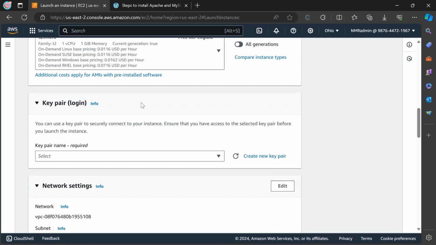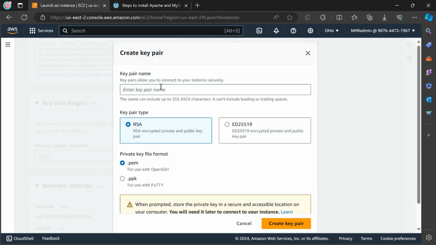Next, we'll come down to the key pair login. This will be your login credentials to log into the site. So we can create a new pair, click create new key pair, and let's call it my-server-key,